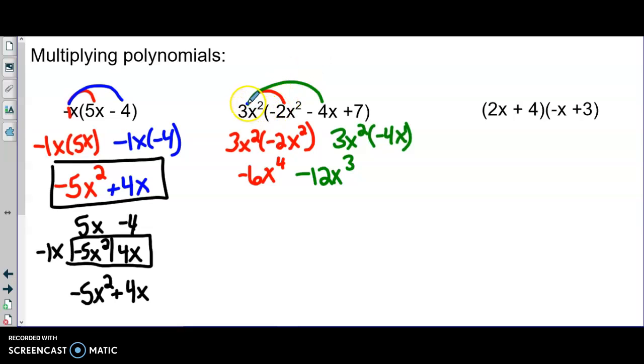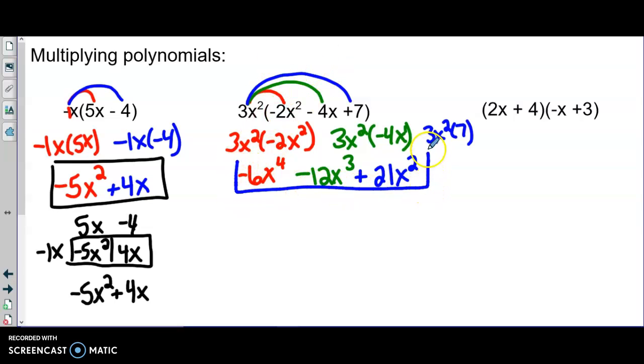All right. Then we're going to distribute it to the last term. So 3x squared times 7. 3 times 7 is 21, and there are two x's, so 21x squared. And since 21 is positive, we'll put a plus sign there. Then we'll look to see if we can combine like terms, but there are no like terms, so that would be our answer. That's the distributive property. Now, just to mention, because I don't know which way you'll like best, you can also